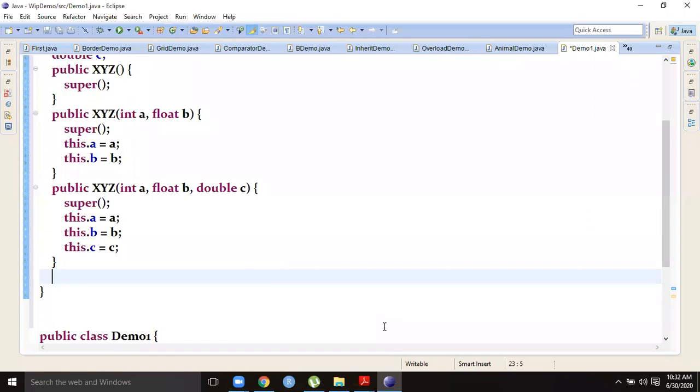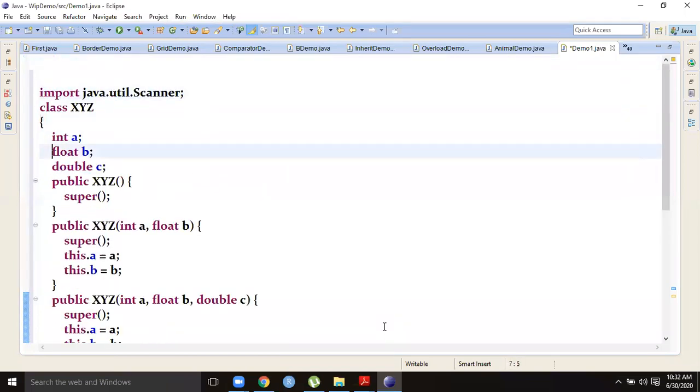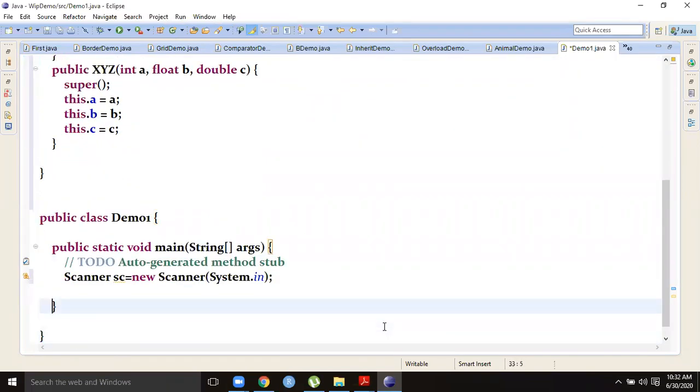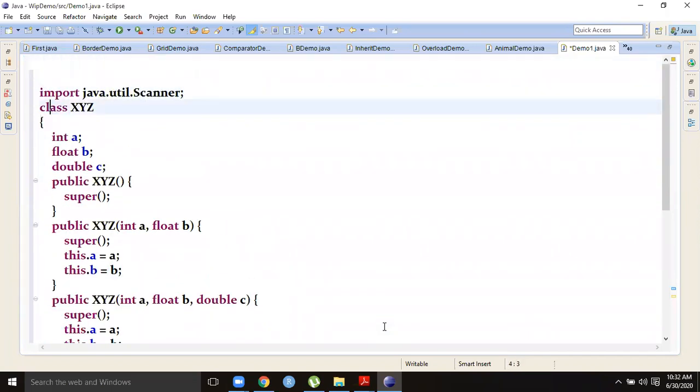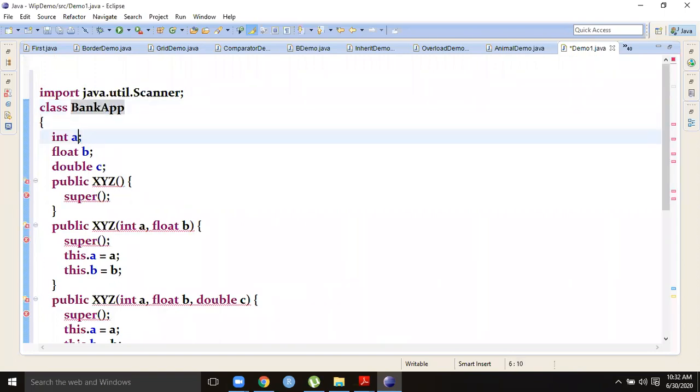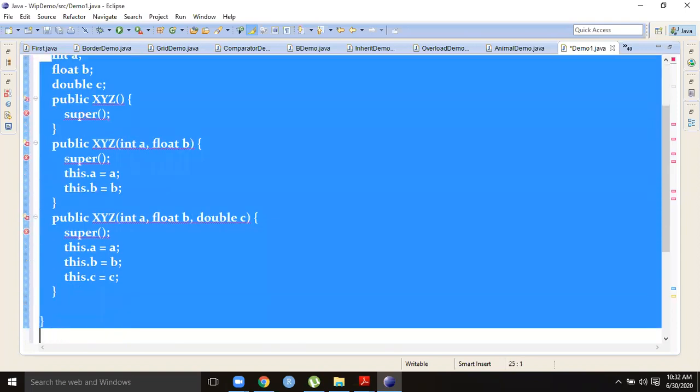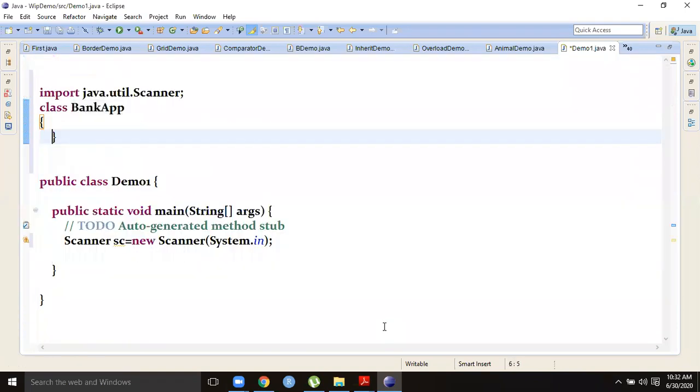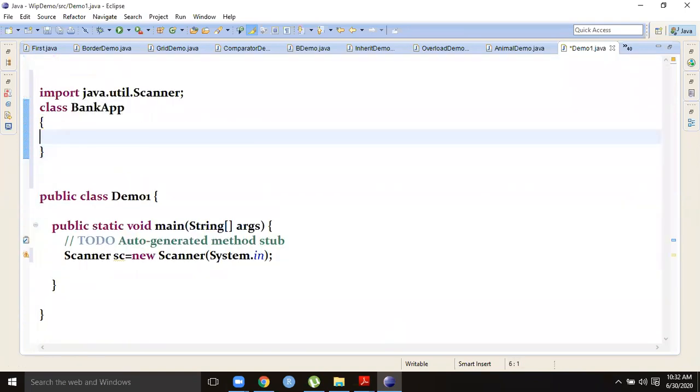In general, business-based Java application programs require getters and setters. Suppose your class is a bank app, for example. I am removing all these. This is your bank app class.